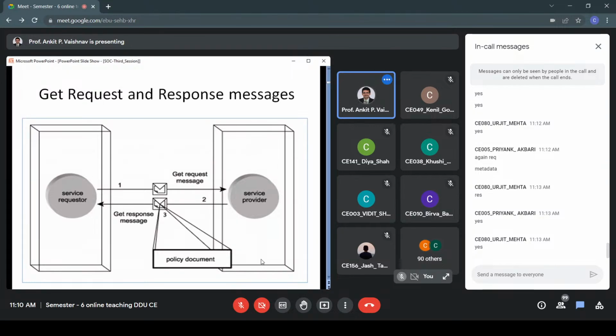So you can see this. Actually, this is message number 3 and 4, but as this is a different diagram, the author has provided 1 and 2 over here. In message number 1, what we are asking is, I want the policy document of this URL. The URL I'll be providing and I'll be getting the actual policy document in the message.